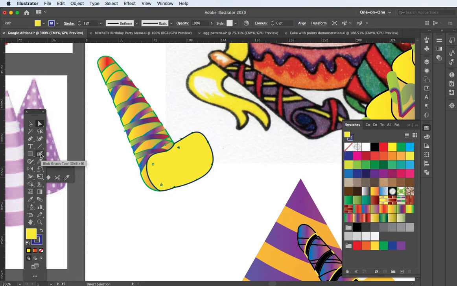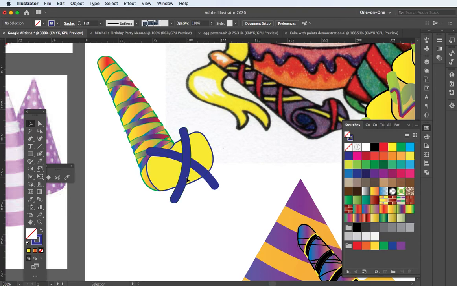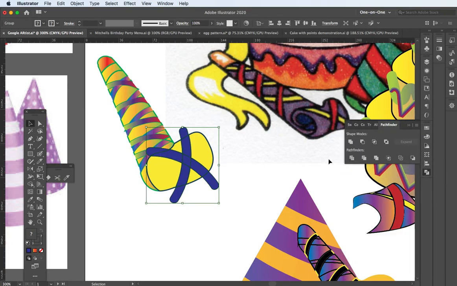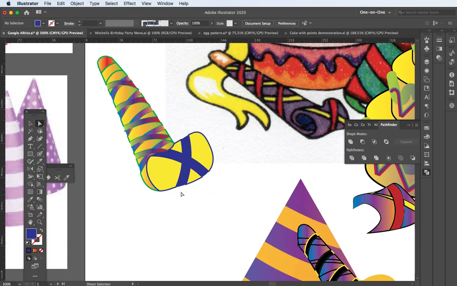I can take a look at this one here and do the same idea. Give it a little bit larger brush. Just draw this right over the top. Shift key this part. So these three are selected as I go into the Pathfinder. Just divide them. You can see these pieces I can just click on to eliminate the extensions. And that gives you